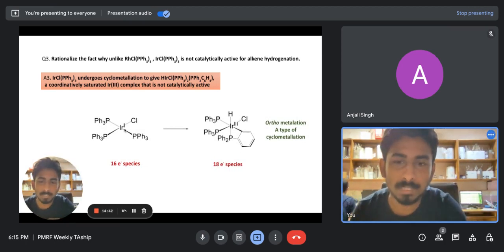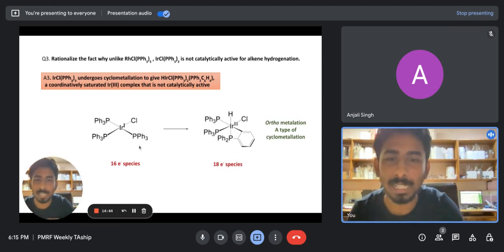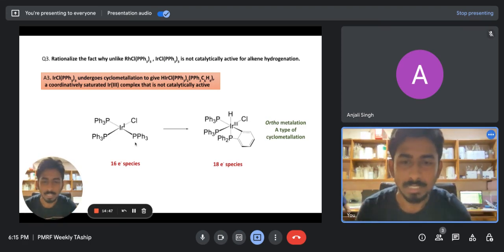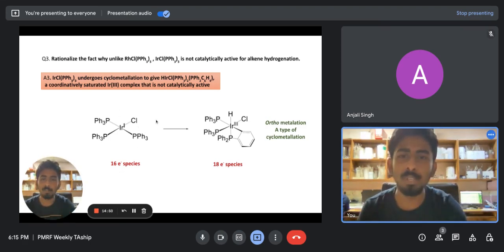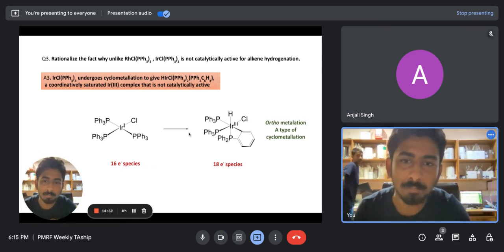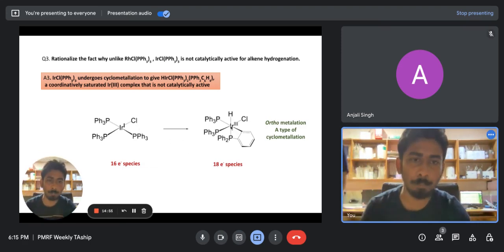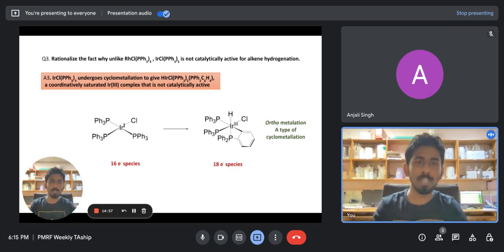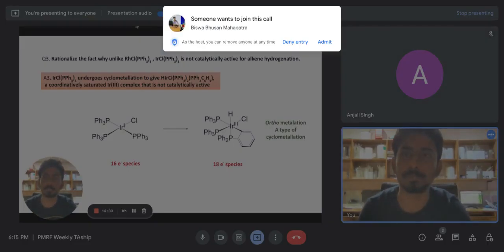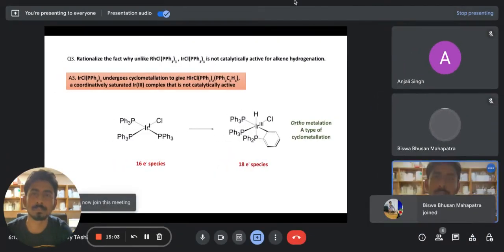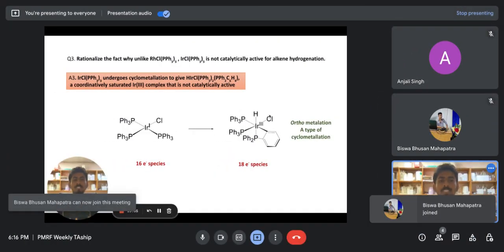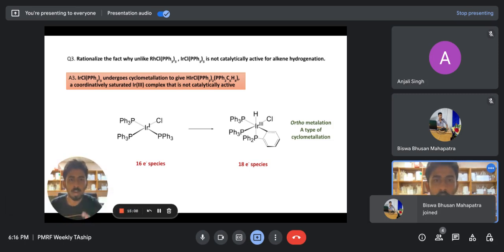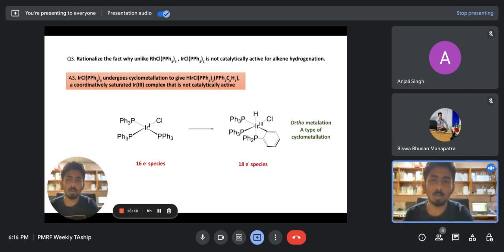So this is IrCl(PPh3)3, the heavier analog of Wilkinson's catalyst. It's a 16 electron species. Now, if we treat it with dihydrogen, instead of producing a dihydride, we will have this cyclometallated species. How does this happen actually? Iridium goes from 1 to 3, as rhodium did. Like in the previous slide, I have shown you that rhodium was also going from 1 to 3 by forming